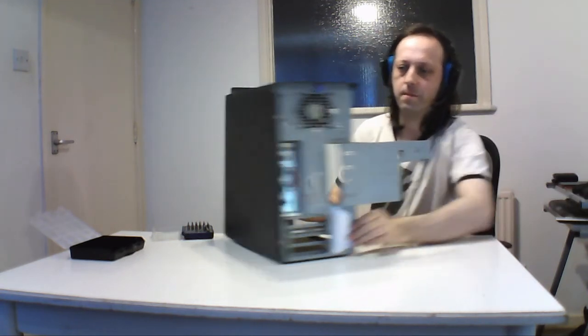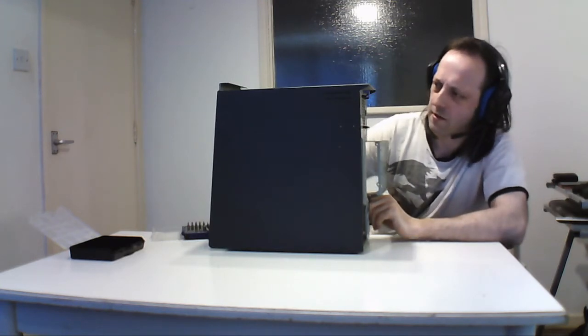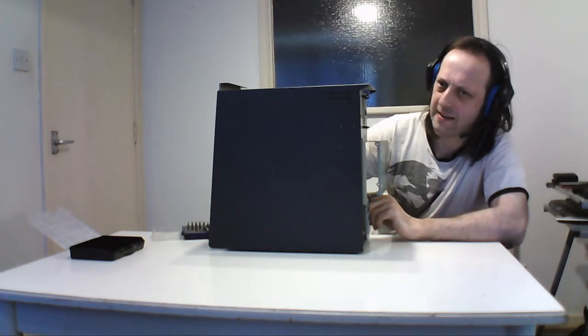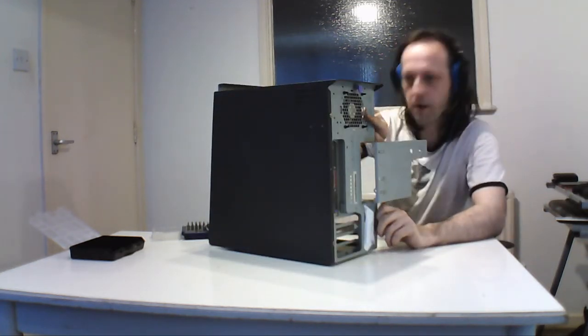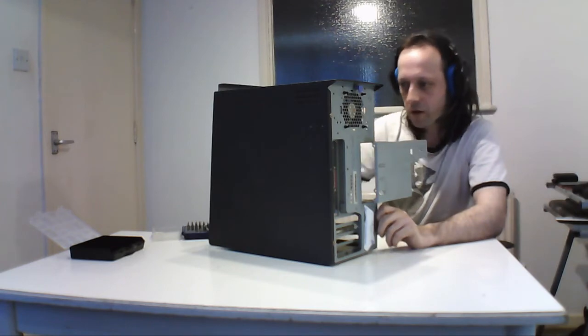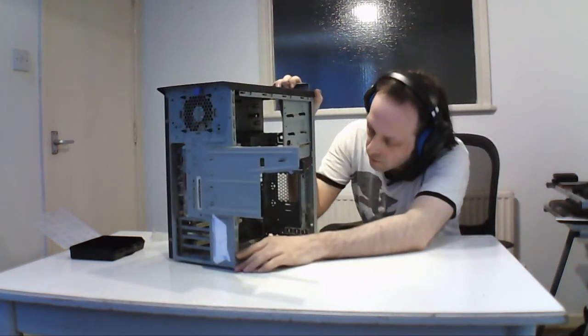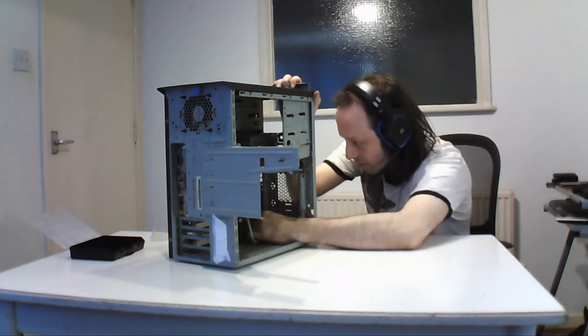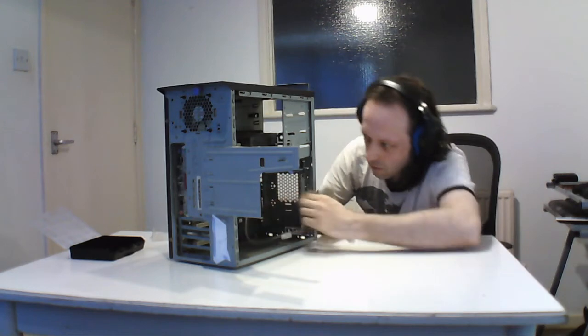And the fan's pretty clean. I did it the first time I had the machine. This is a standard 80mm fan, which you can also get speed control for, so it's good. That's the only fan you can fit on here for exhaust, as well as the power supply fan. So that's the general stuff left. One more thing to pull out